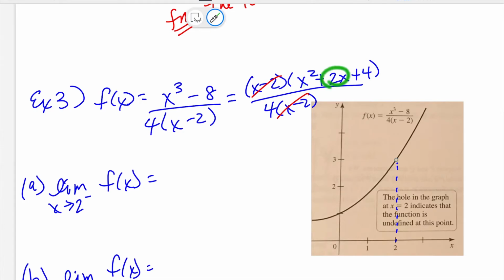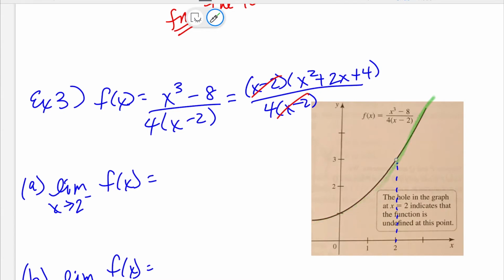Square the first term, multiply them together, and square the last term. That's just a pattern. If you know it, great. If not, you can always look that up. Cubics don't happen that often. Okay, so but the moral of this story is that creates a hole here that we're looking at, and therefore